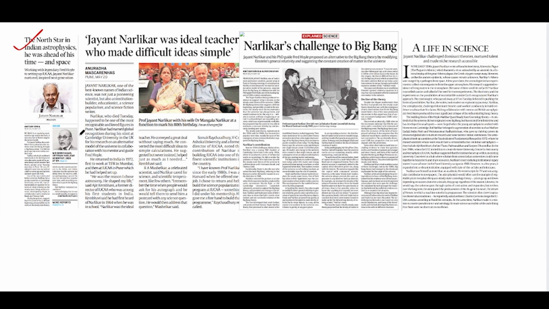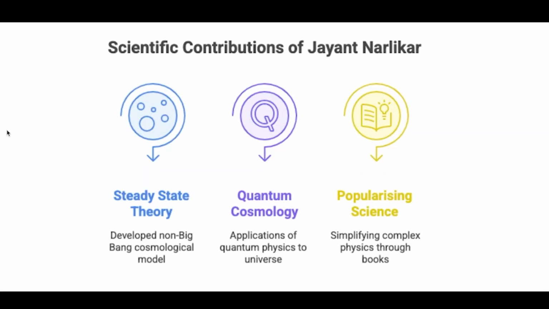The importance of these two people, especially Jayant Narlikar, can be realized from the fact that in a single day's edition of the Indian Express, there are at least 4 news articles on his life. His life as a teacher, his life as the most prominent propounder of a challenge to the Big Bang theory, and a column on the editorial page. That should be sufficient to demonstrate the stature of this man. One of his biggest contributions is the propounding of the steady state theory with Fred Hoyle, which has acted as an alternative to the Big Bang theory.